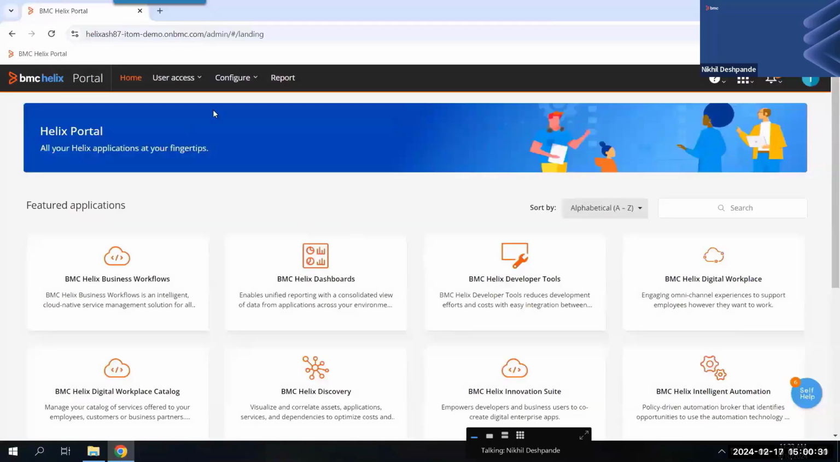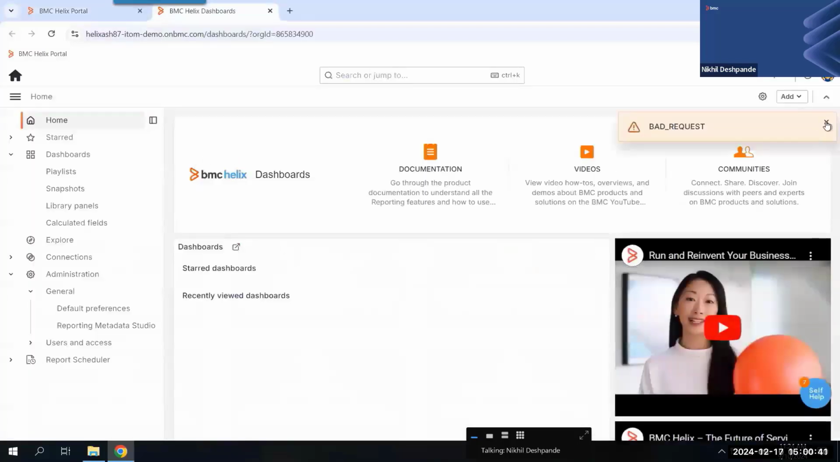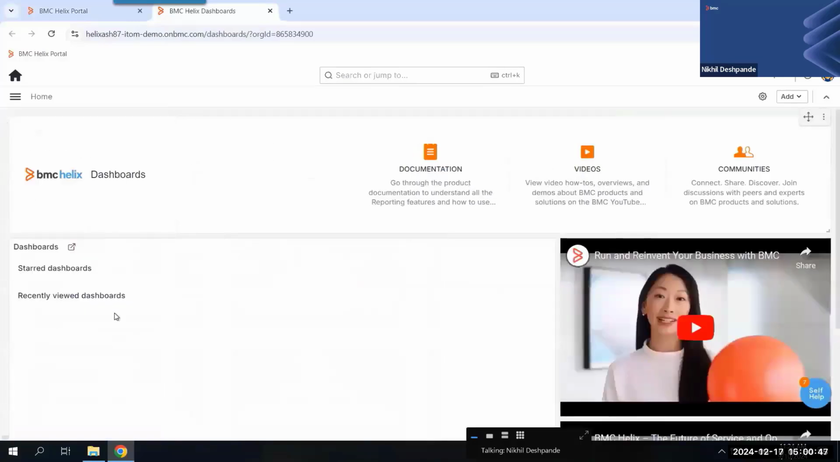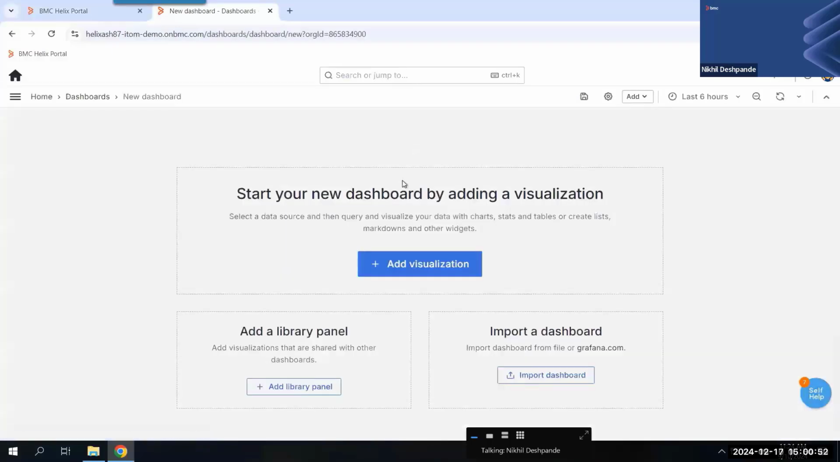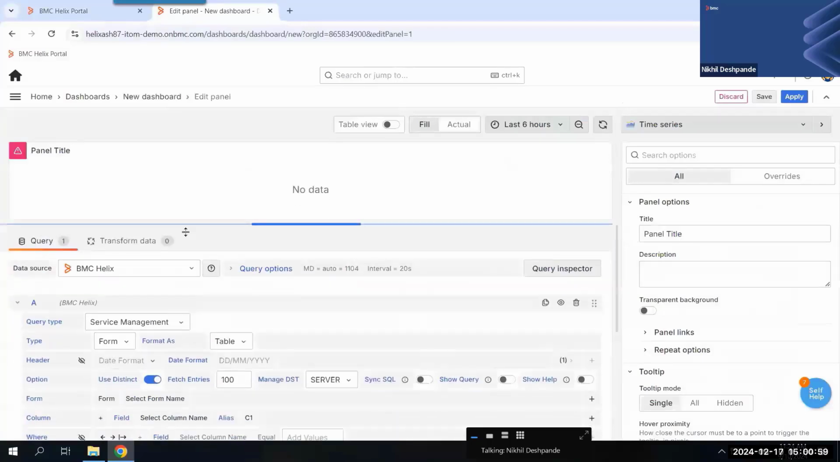Okay, so this is our Helix portal, the first landing page of the Helix portfolio. I'm opening Helix Dashboard from here. This is my home screen. I'm closing this dock window. I'll use this first plus button to create a new dashboard. I'm clicking on add new visualization. For getting data from different BMC Helix applications, we have